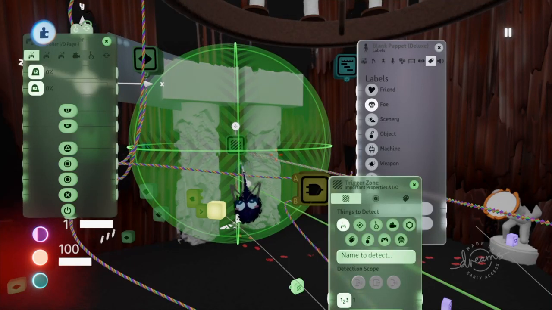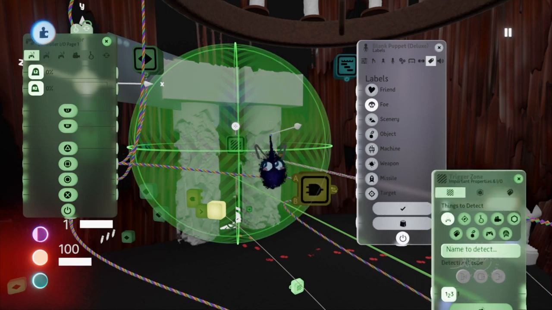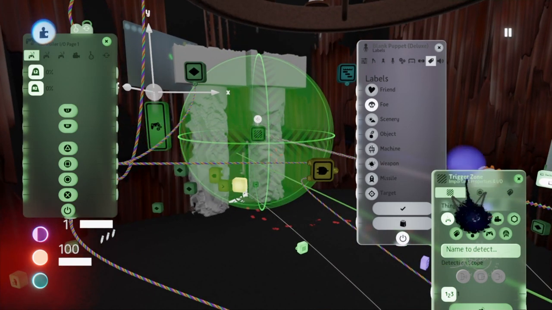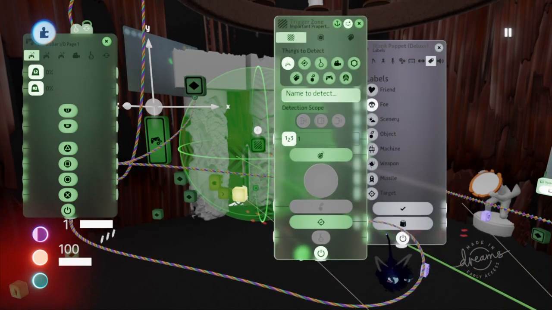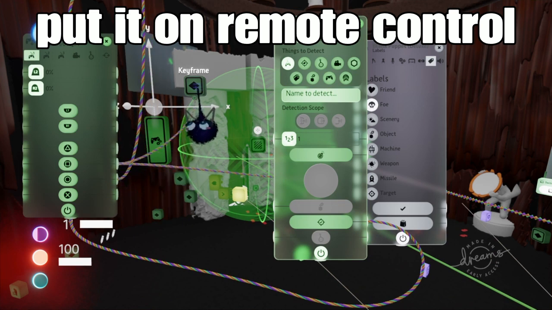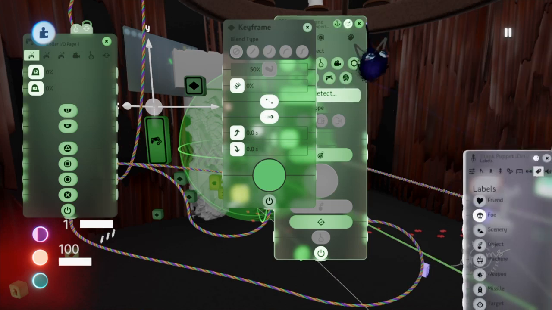I made a small error on one of the parts of this tutorial. Whenever you're in the trigger zone to pick up your item, you want to have a control sensor in your trigger zone. With your trigger zone, whenever it's detected, you want to make it to where it powers on your control sensor. Now, whenever you press square with your control sensor, or whatever your item pickup's going to be, make it to where the keyframe is on keep and it powers on